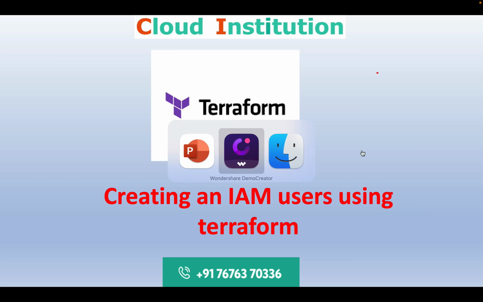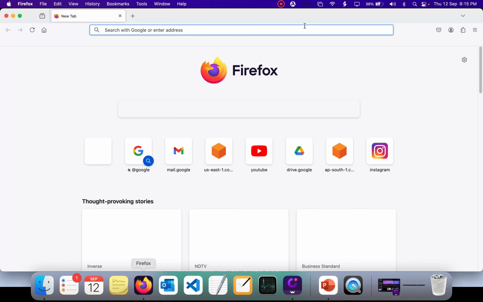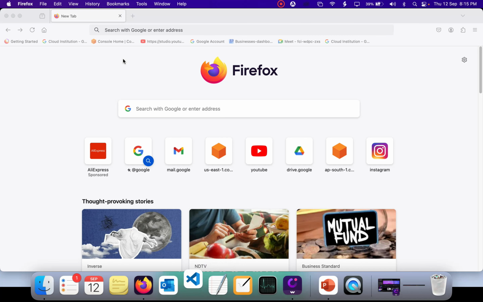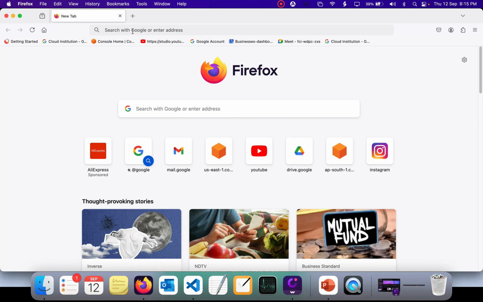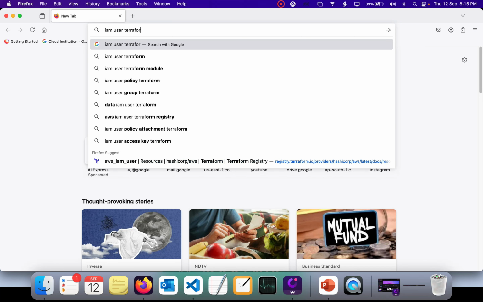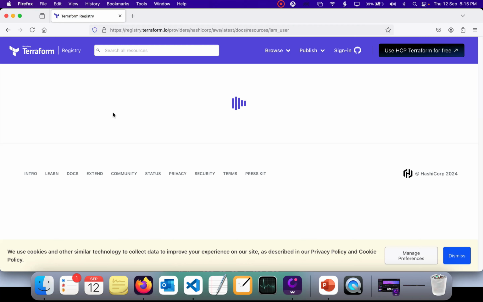Okay, so let's go to a browser. Today in this session, if you want to create any kind of Terraform resource, what you have to do is go to Google and search for IAM user Terraform. Okay, so the first thing you will get is this IAM user. If you open this one, you will find